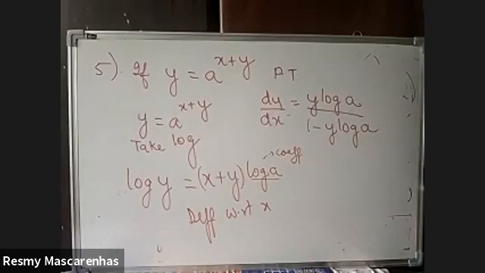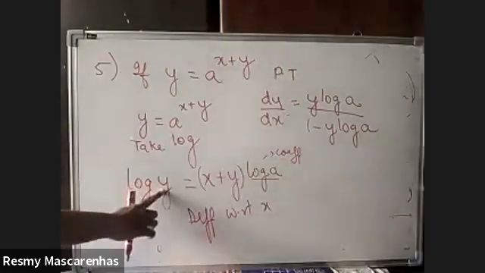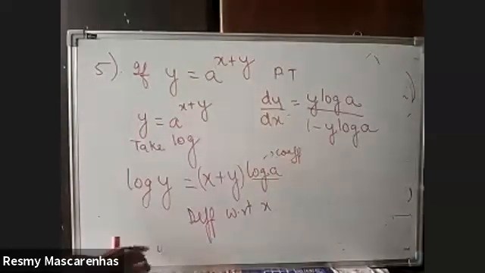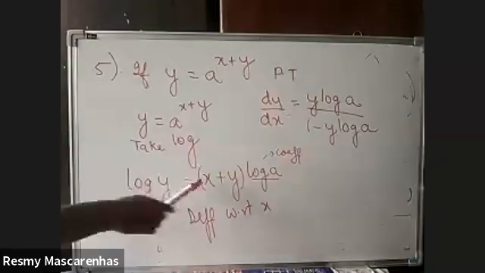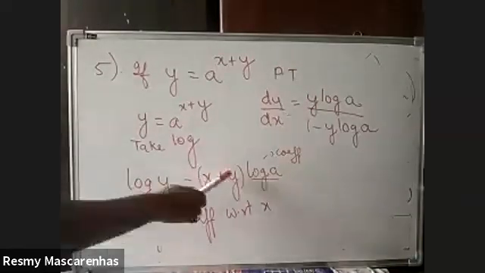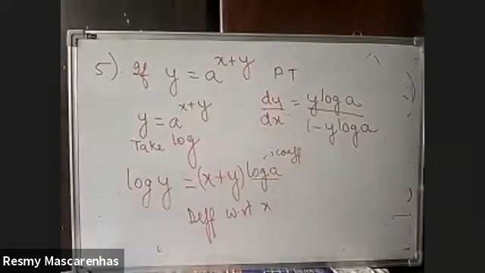So we're done with the previous problem. Now we move on to this. Quickly copy, otherwise I will wipe. I had asked this: if y is equal to, you all can try till then. So what is the derivative of log of y? Nothing but 1 upon y dy by dx. Then the derivative of x will be 1 and the derivative of y is nothing but 1 dy by dx.